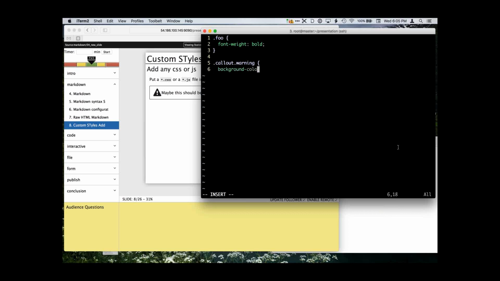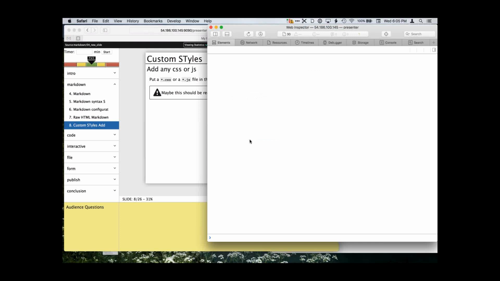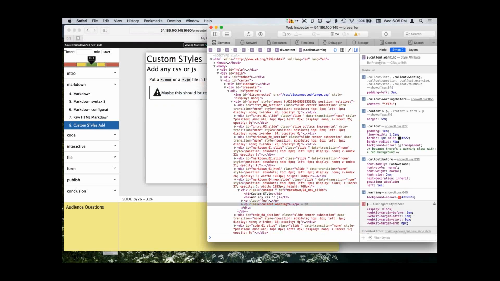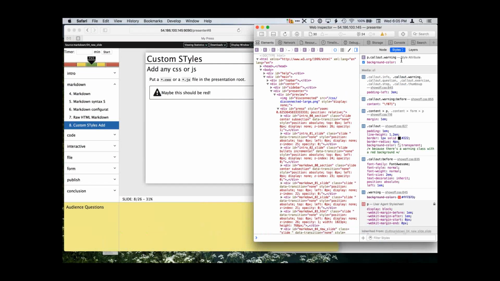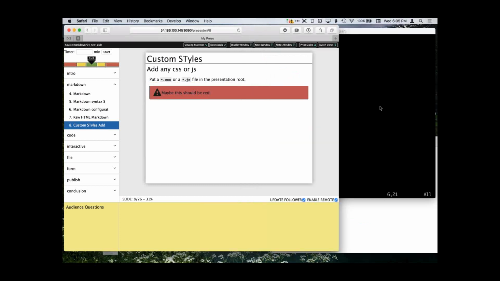Background color. I can inspect that really quick. I said I wanted it to be some variation of red, so let's try C66. That looks like a decent color of red. I'll use that. Background color C66. Get that out of the way.